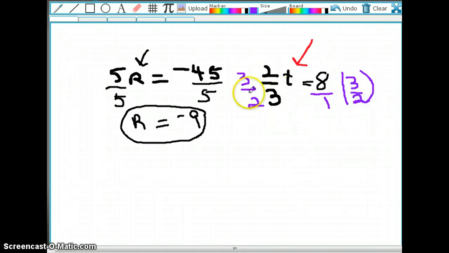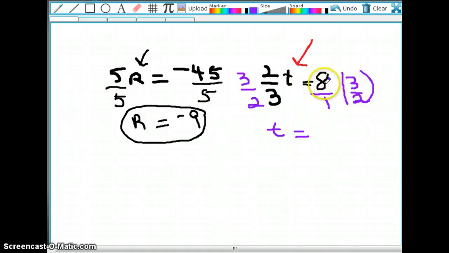So now these cancel, because 3 times 2 is 6. 6 over 6 is 1. Any number by itself over itself is 1. Or when you take the reciprocal of a fraction, that's going to be 1. So that leaves it to be t, or 1t, same thing, equals, here, if you want to solve this by